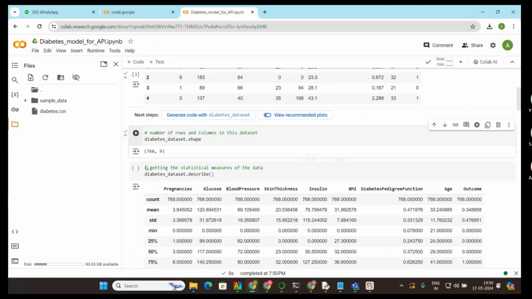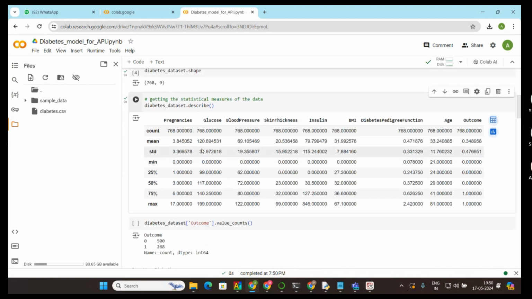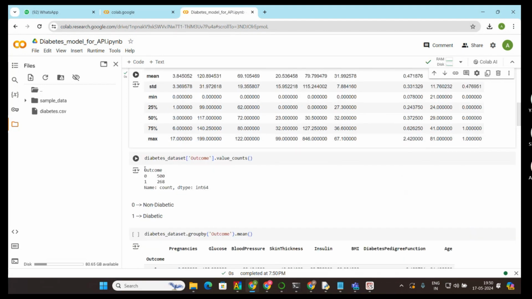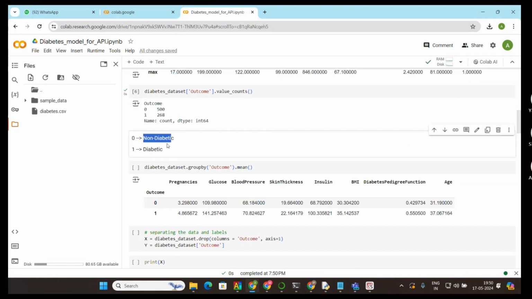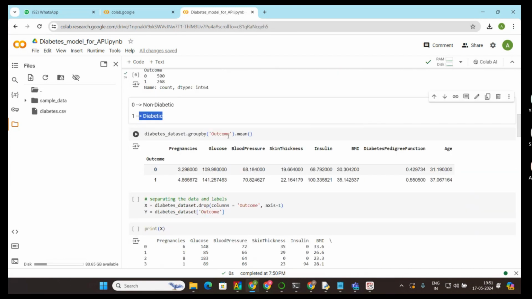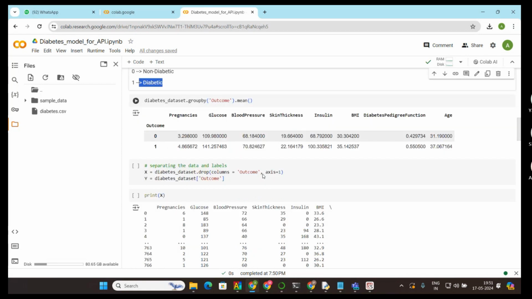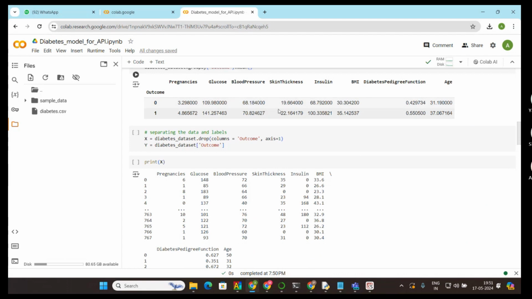Okay, you see that there is 768 data, and if you want to describe, you can describe all those things. You can just run over it, and then the outcome: how many patients in the data set have diabetes, and how many of them do not have diabetes. Okay, zero is non-diabetic, one is diabetic, and then we have to group by. So these are the normal things. Okay, the mean value, to find the mean value of that. So this means